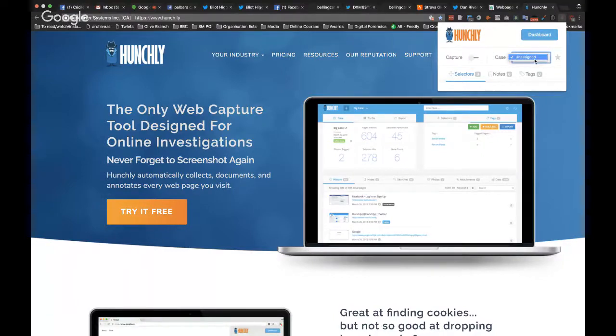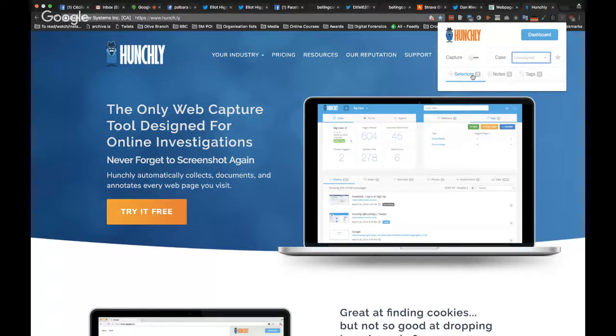So let's say you work on a politician, or on a specific corruption case, or on a specific cat story, for something a bit more light, or something like that, you can assign a case and then capture everything related to that case, make notes, tags, and write some selectors, which are keywords.